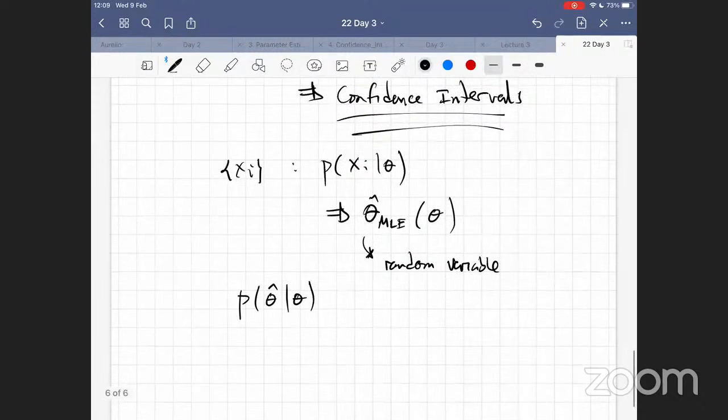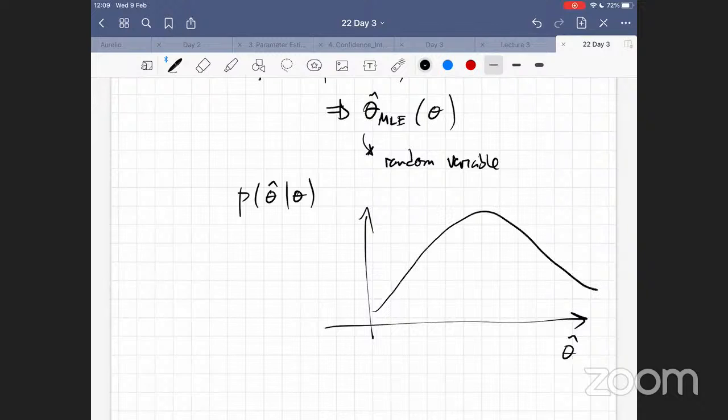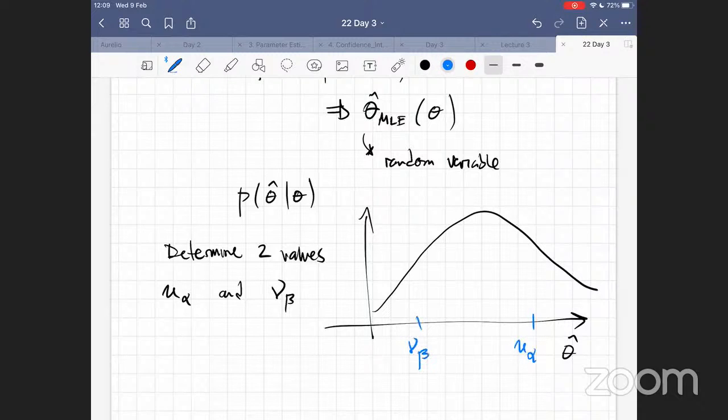So if this is the case, let me try to plot this distribution. Try to draw it, something like this. For example, I can determine two values. Let me call these values u alpha and nu beta. So here I have u alpha and nu beta. And these two values will be such that